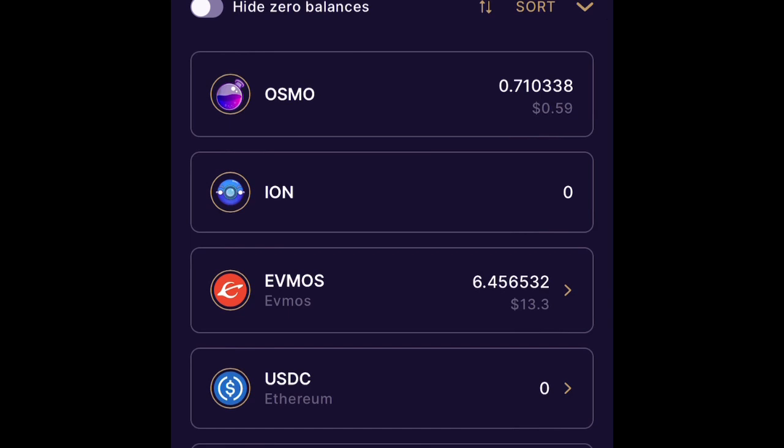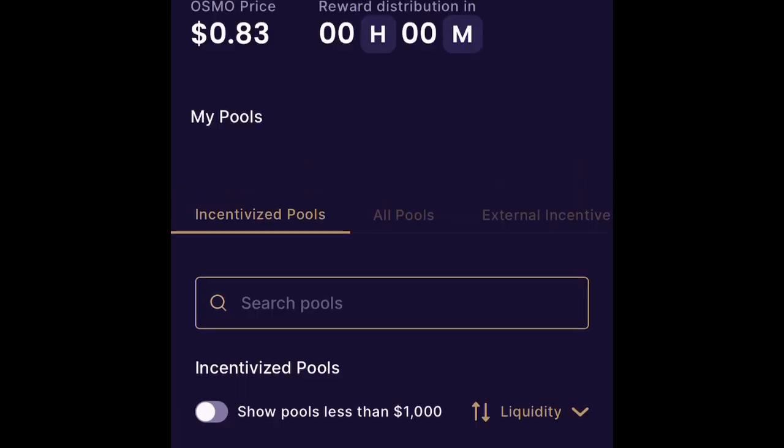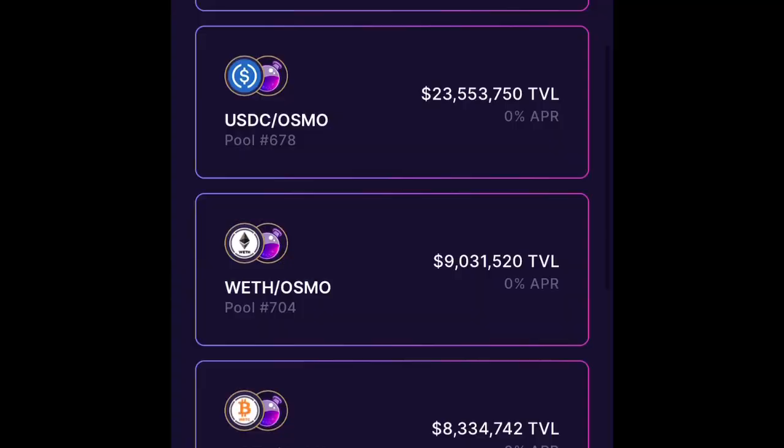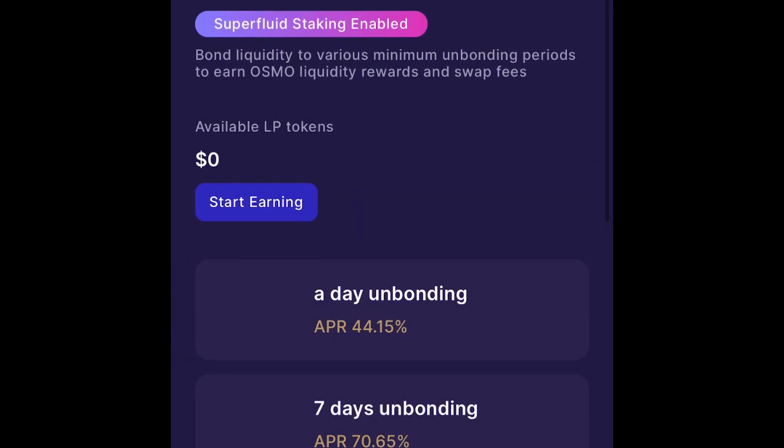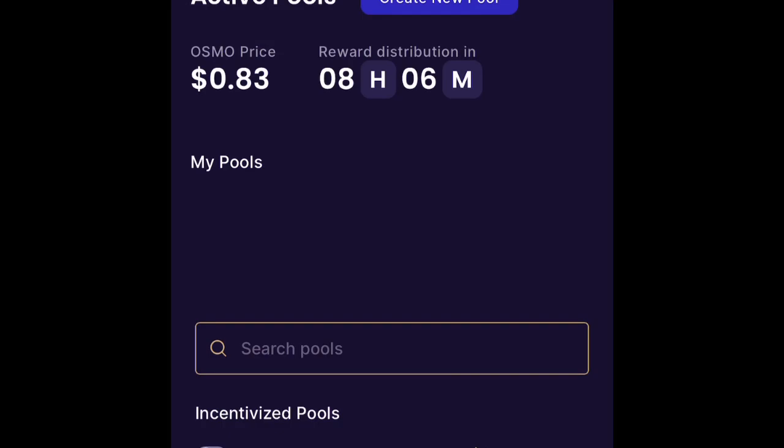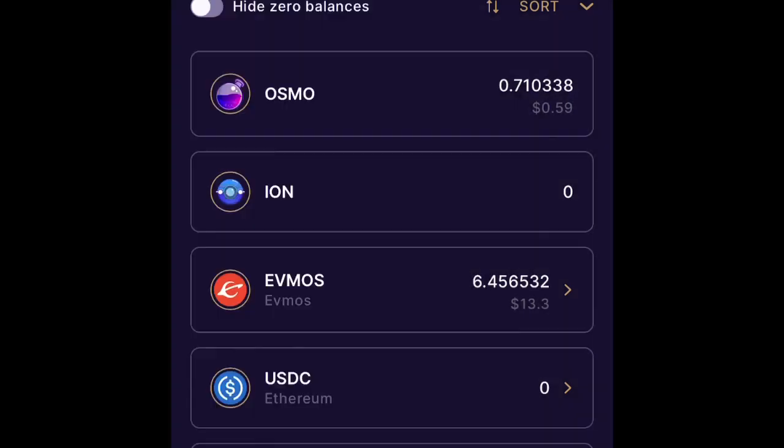If you guys are into Evmos or anything, you just came onto the scene, you got to get in tune with Osmosis, man. They got the farms and all that. Over 800 different farms. You know what I'm saying? There's bonding periods where you got to wait to give you higher percents and all that. But this is for another day, guys. This is for my newbies trying to get Evmos and show them around.